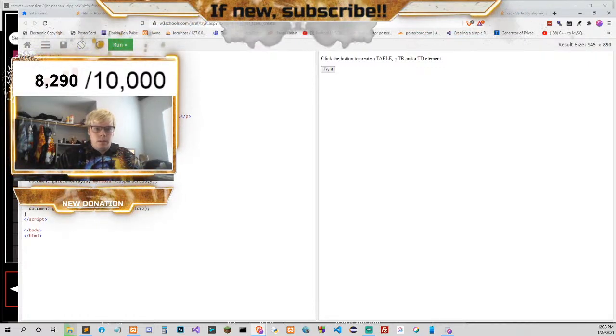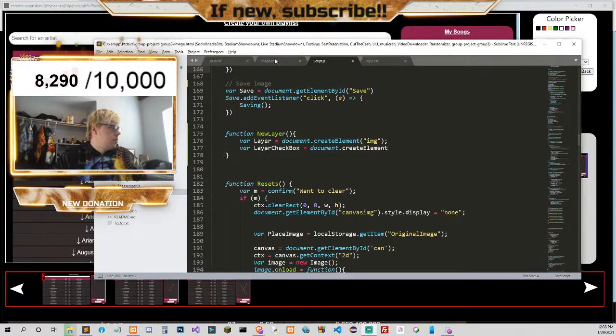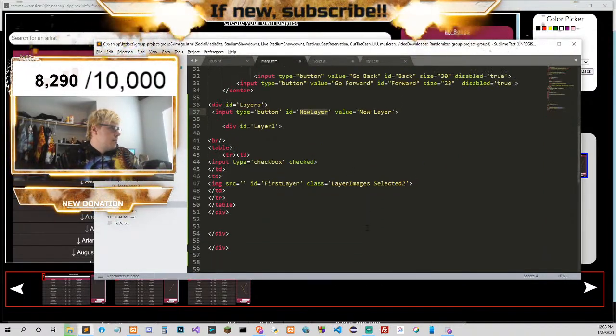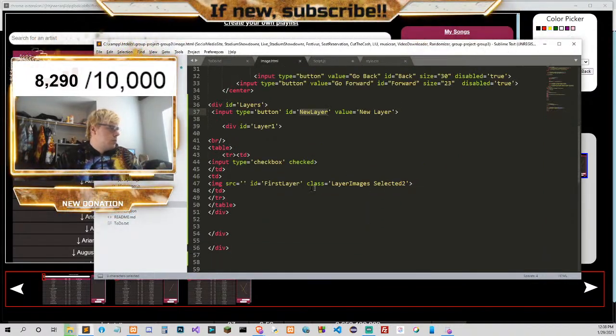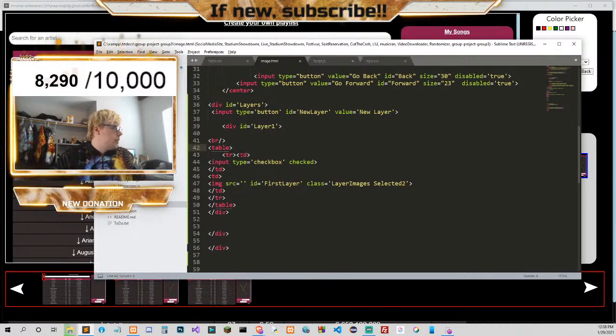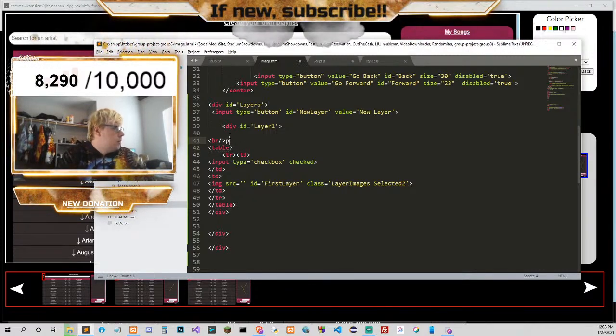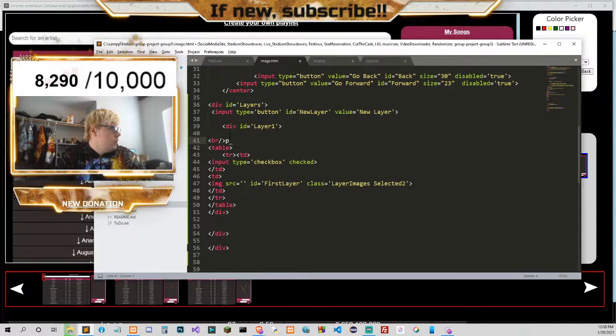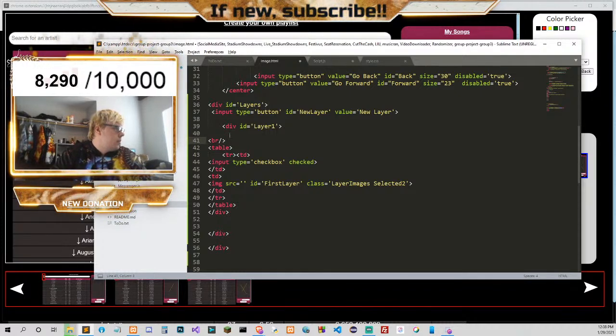But that's the thing though, is that we need to know which one is selected, I believe. Because this is the table here that we're gonna make. So hold on. We need to put, oh, this is in a div.